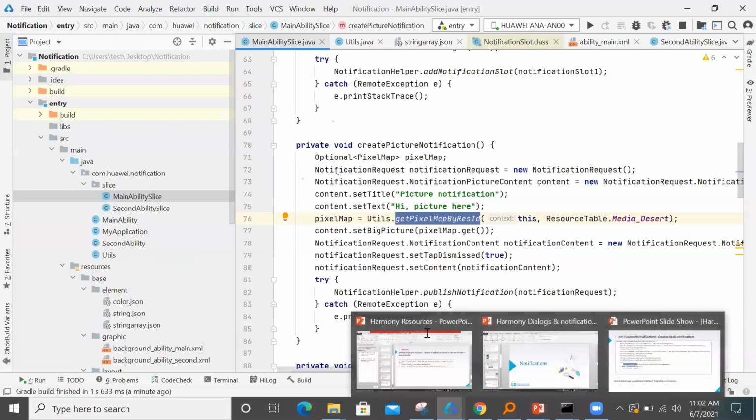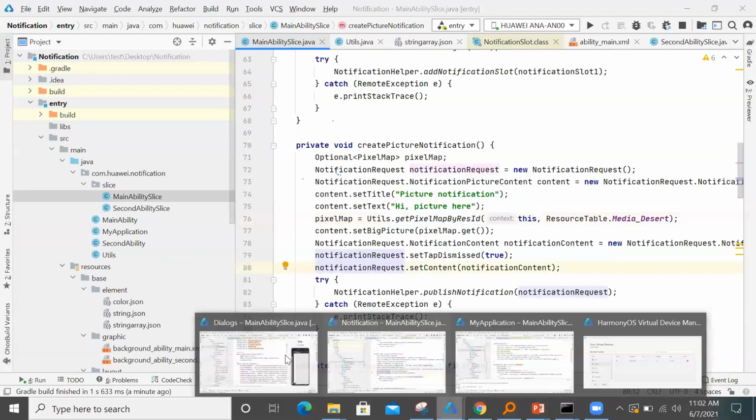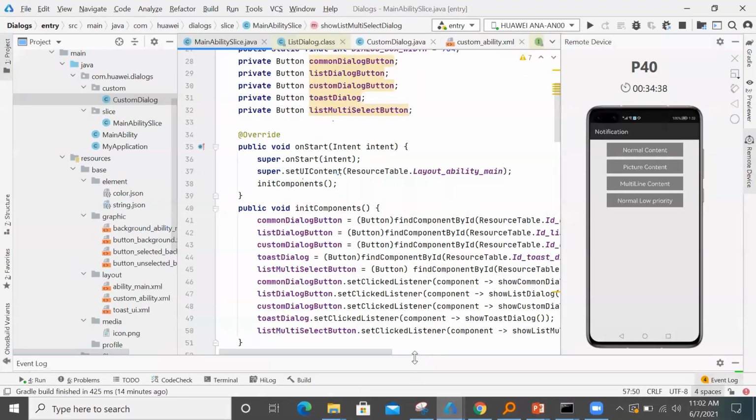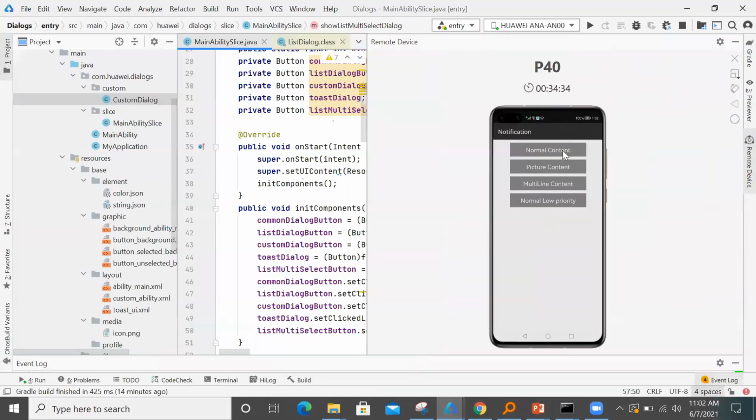I'll just see if it can execute or not. So this is a normal content. When I click, you can see a notification has appeared here. So I can check what it is here now.